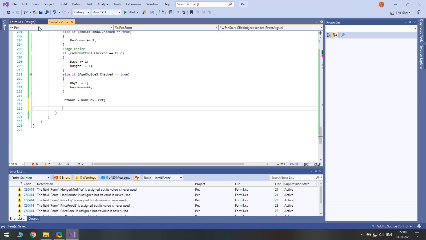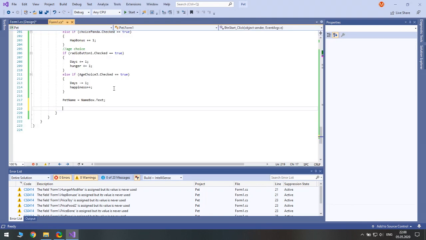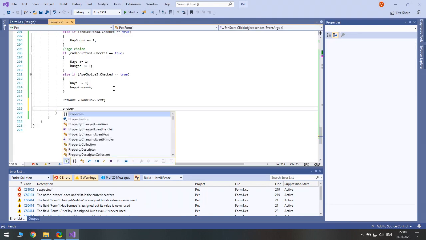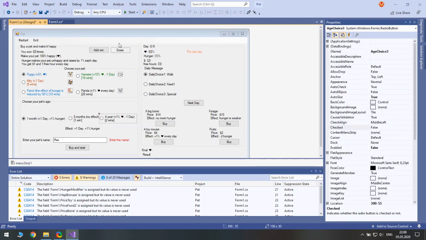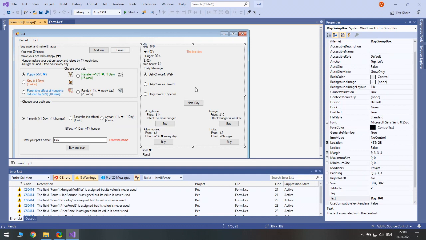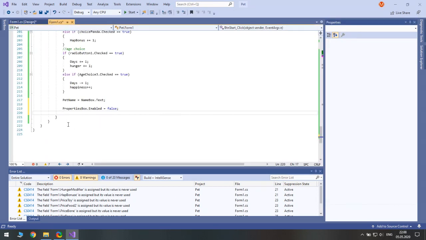Then we no longer need this half, so we make properties box enabled to false. By default, when we start, this one should not be visible, so we make it invisible. And when we finally buy our pet, we make it visible.